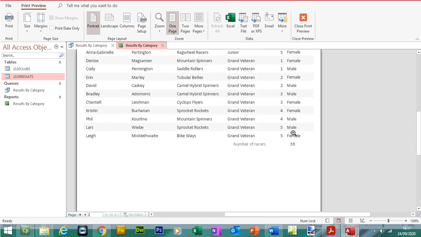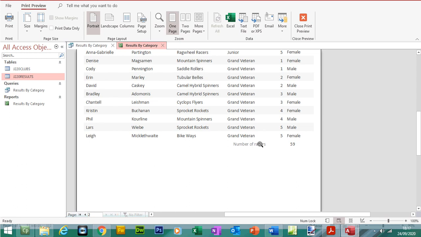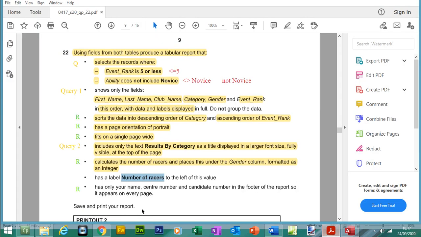Let's see where that number is. Yeah, so it's bang in the middle of the agenda column, and you've got this label to the left. Okay, it has only your name, center number and candidate number in the footer of the report, so it appears on